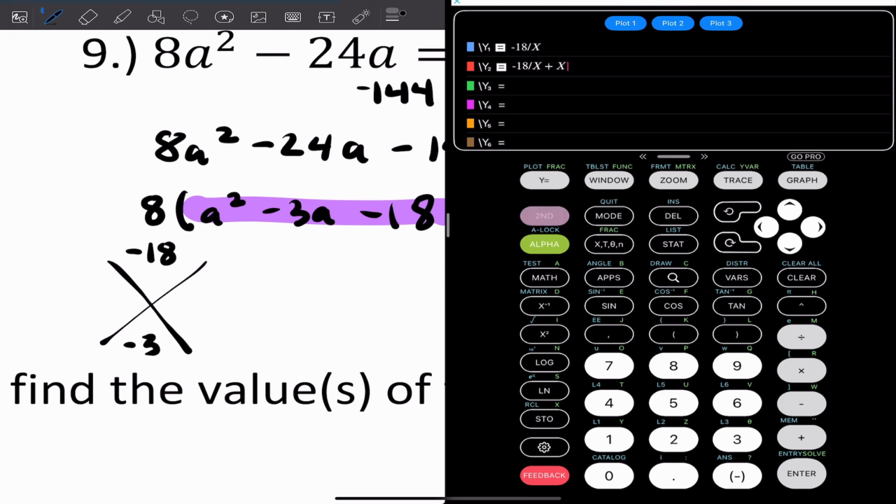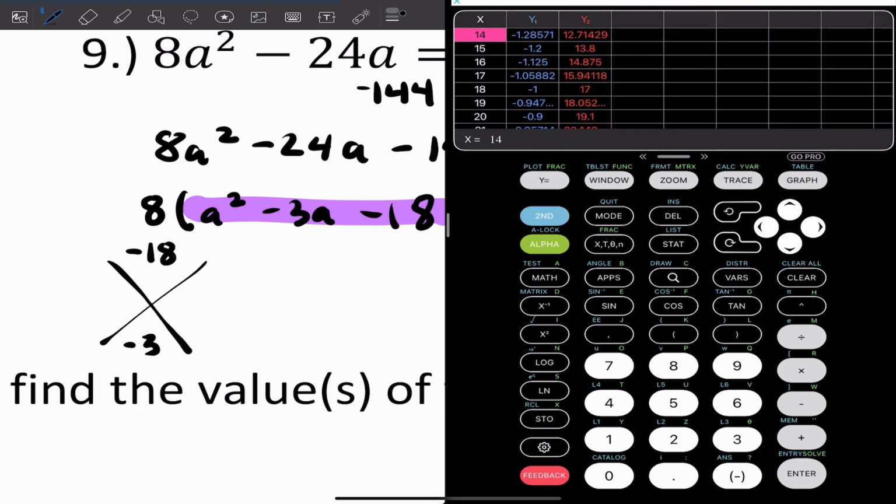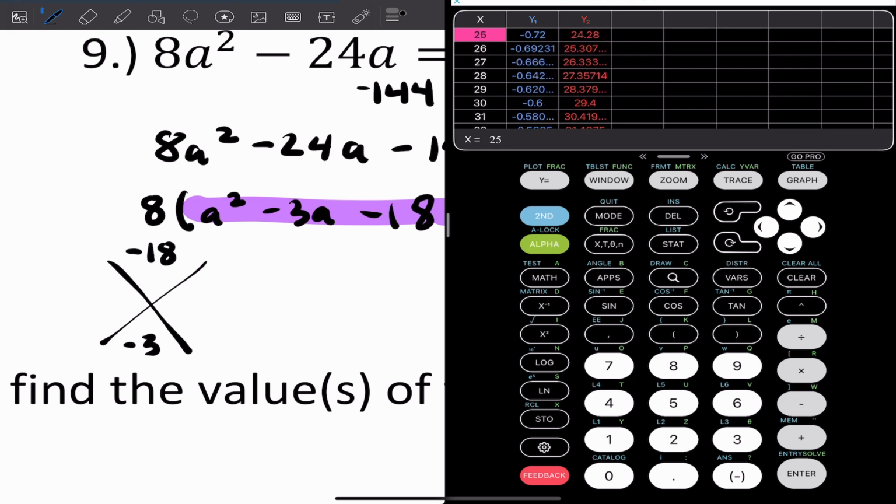So you're going to press second graph, and then you're going to scroll down or scroll up, and you're going to look for negative 3 on y2. There it is. So your two factors are 3